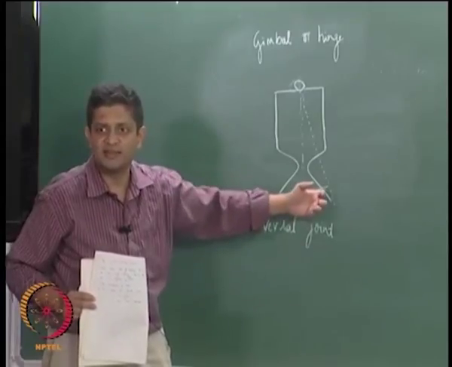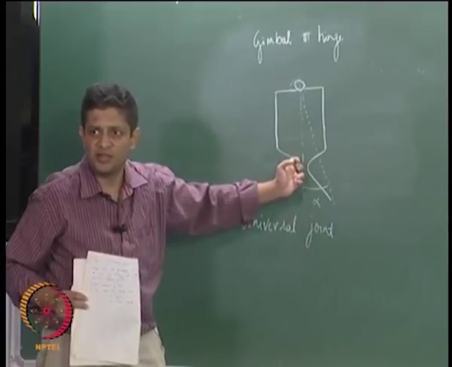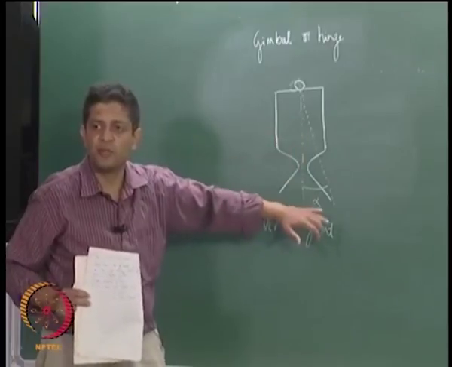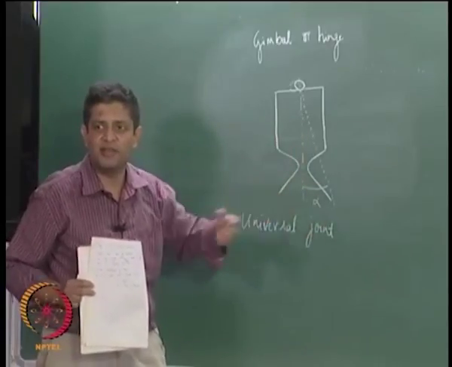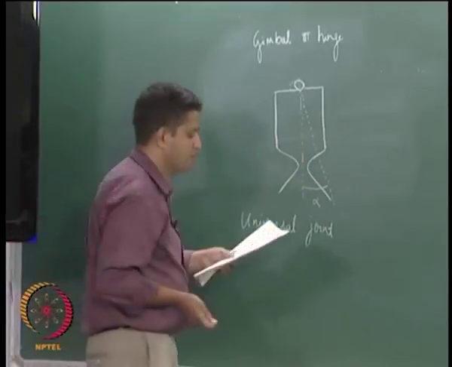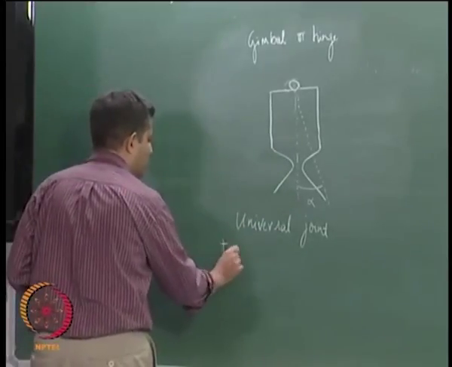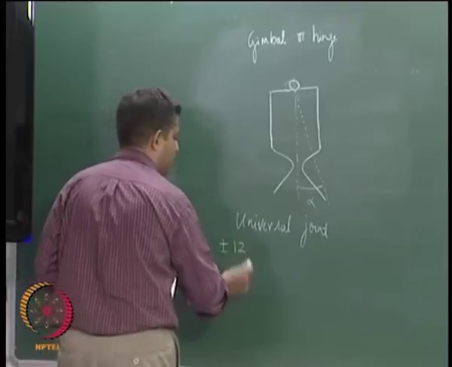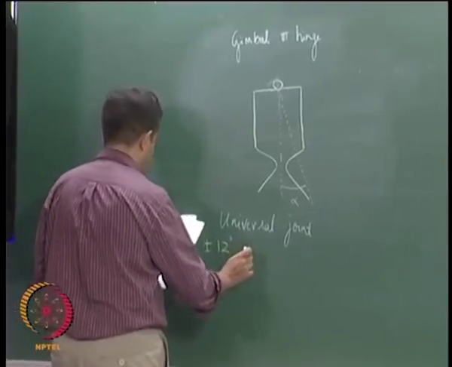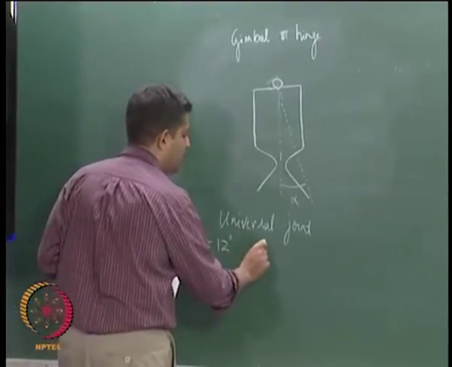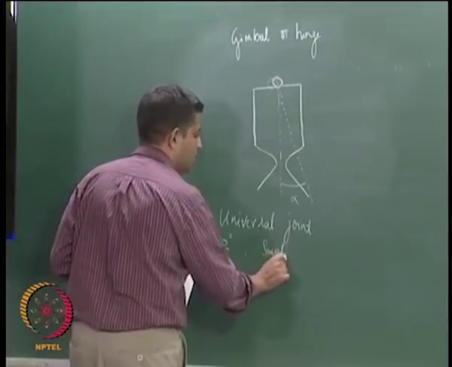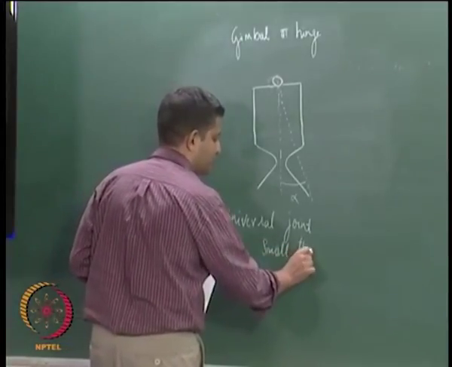So it will be lesser than the actual thrust. So you are going to lose some amount of thrust by vectoring the thrust itself. So using this, you can move the entire thrust vector by plus minus 12 degrees, and there will be a small thrust loss,